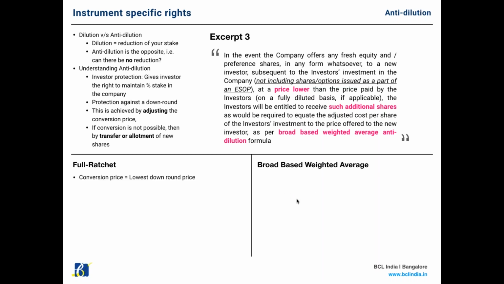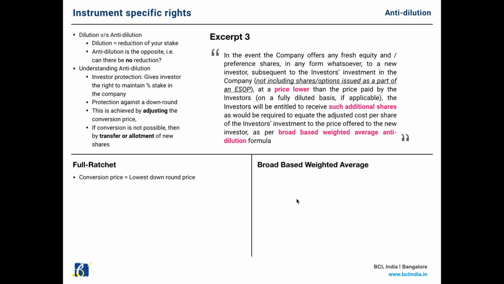Full ratchet means that the conversion price will be equal to the lowest down round. Vikash asked if I can explain anti-dilution once again. So let's take full ratchet because it's easy to understand. If I invest money today into the company and the price per share that I pay is 100 rupees, I expect that the startup is going to improve and this price is going to increase from 100 rupees to something higher. But if the price goes down from 100 rupees to say 80 rupees, then I am at a losing end because the next investor who may put the same amount of money that I put will end up getting more shares than me, which is not fair because I trusted the company first.